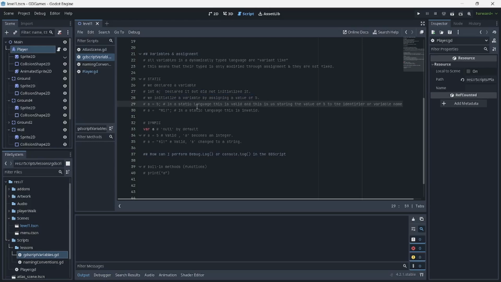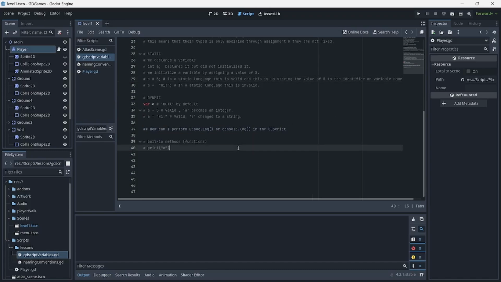And in here we have static language. This is valid, and this is us storing the value of 5 to the identifier of variable name. Okay, some other things that I just want to cover here is how do we write a variable? And we know that this is going to be a value pair. That means if we have some, let's say,